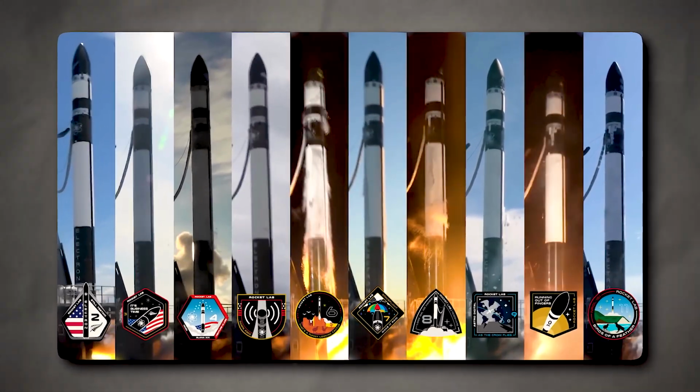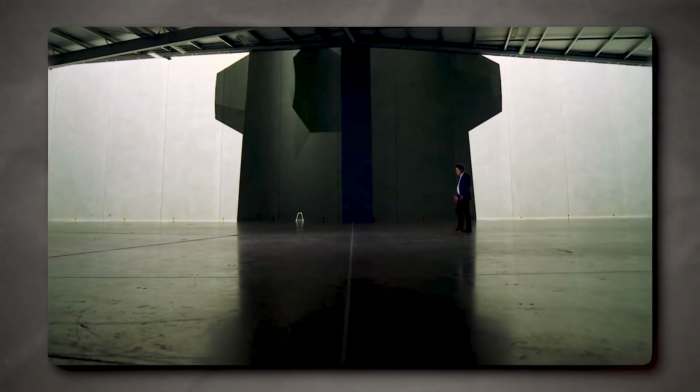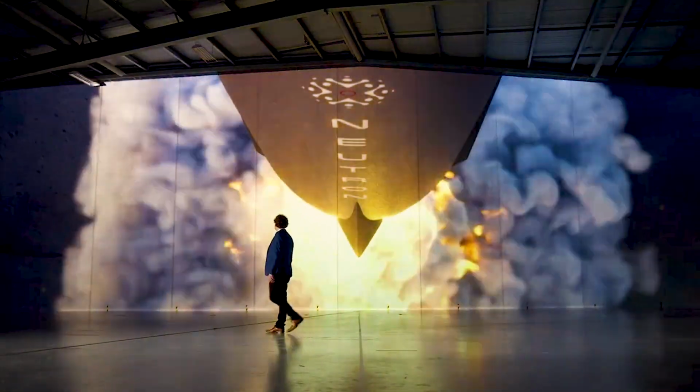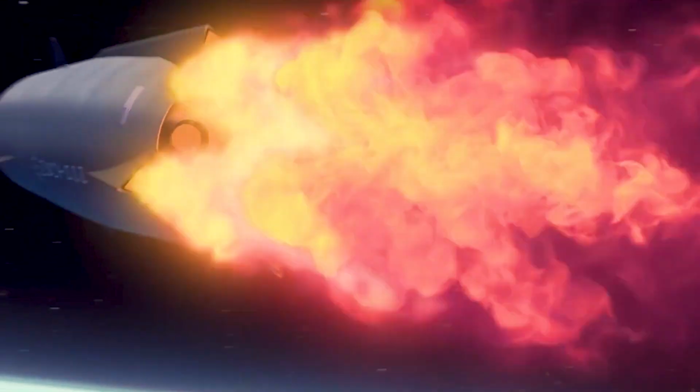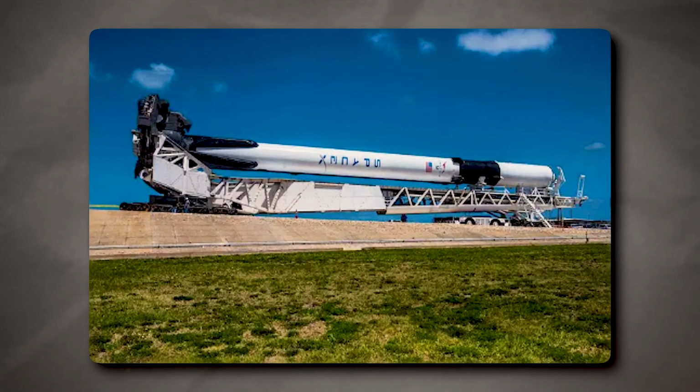Overall, Rocket Lab has been actively securing funds from various sources to support the development of its Neutron rocket program. This multifaceted approach allows Rocket Lab to diversify its funding sources and mitigate risks associated with large-scale development projects in the space industry. Neutron rocket, if you recall, is Rocket Lab's response to SpaceX and its uber-successful Falcon 9 reusable